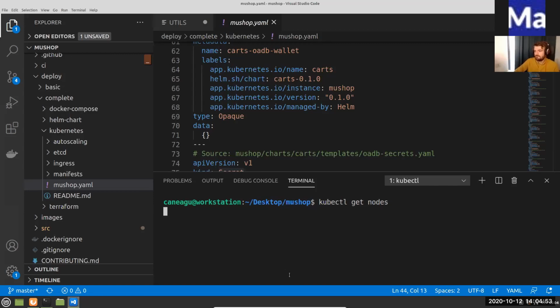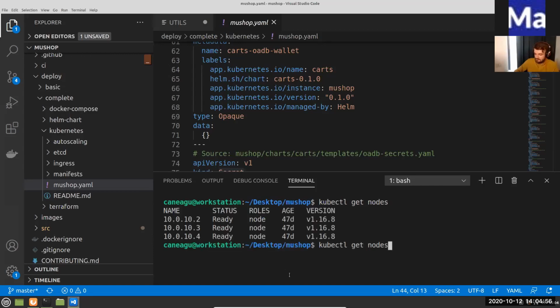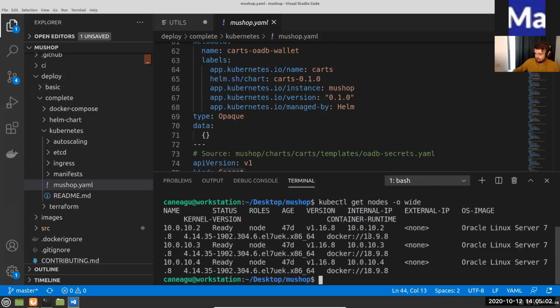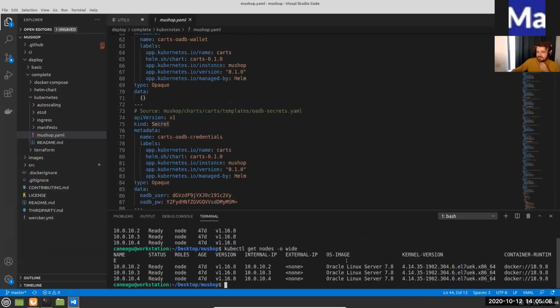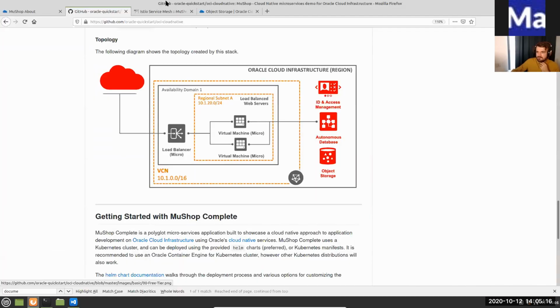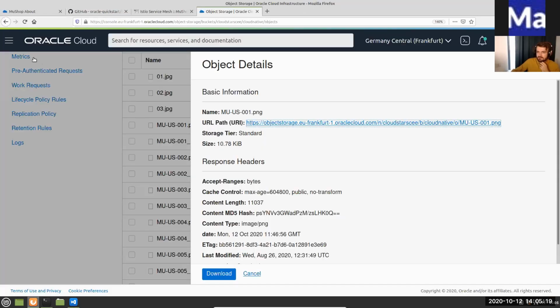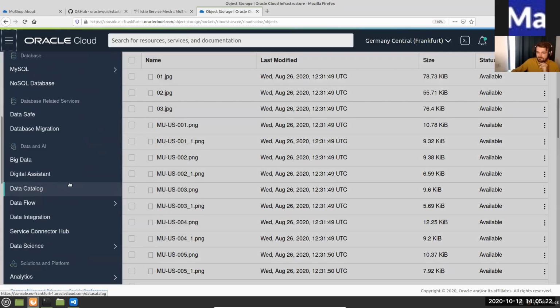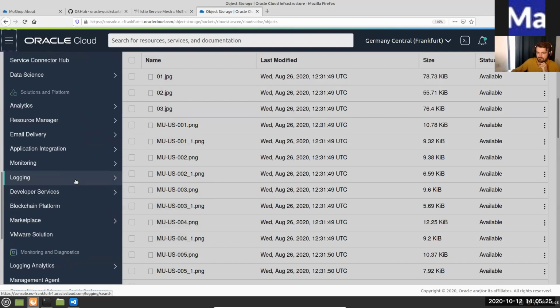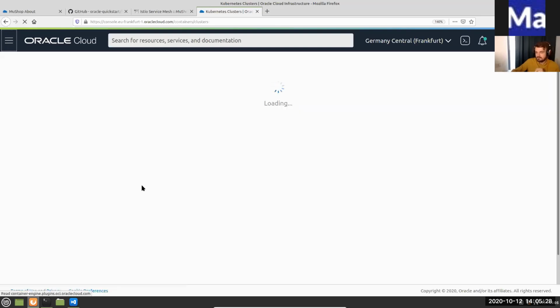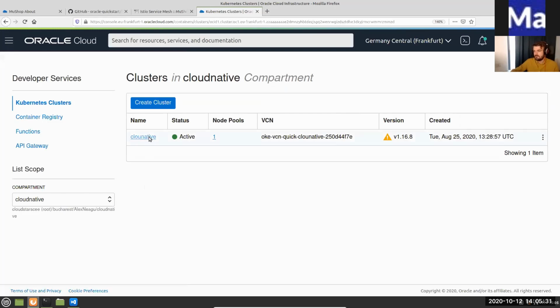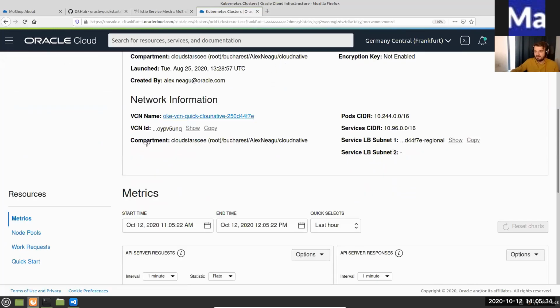If you want to check, for example, kubectl get nodes, right? Okay, let me have a little higher level of info. So what I have here, I'm using the kubectl command to understand exactly what nodes are being deployed in my Kubernetes cluster. And if I'm taking a look at the IP addresses and the characteristics and everything, and go back to my OCI services, here under Kubernetes cluster, you will quickly understand that we are basically connected to this cluster, right?